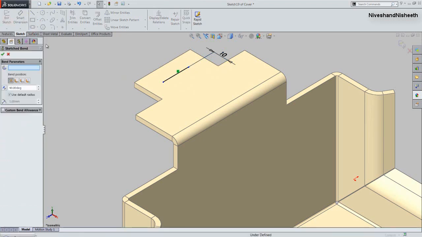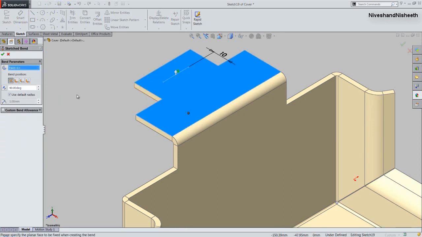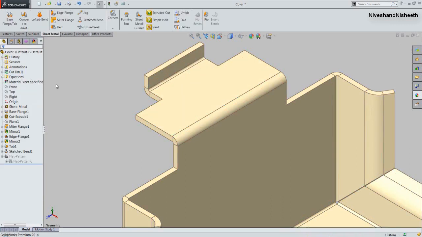OK, finish the sketch. In the fixed area section, we have to select this face which we want to create the bend. OK, that's it. And select the material outside button from here. Click OK. Now see, it looks great.